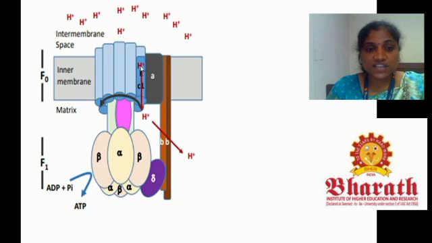Once these H plus ions are loaded across the C subunit membrane, the H plus ions should be moved across. As they move across, there will be a conformational change, and this conformational change will alter the catalytic activity of the beta subunit. As the beta subunit changes, the ATP molecule is produced. This is how the ATP synthase structure functions to produce ATP. The main function is in the cell metabolism process, in which glucose is converted into ATP molecules. The ATP molecules are produced by the ATP synthase enzyme.